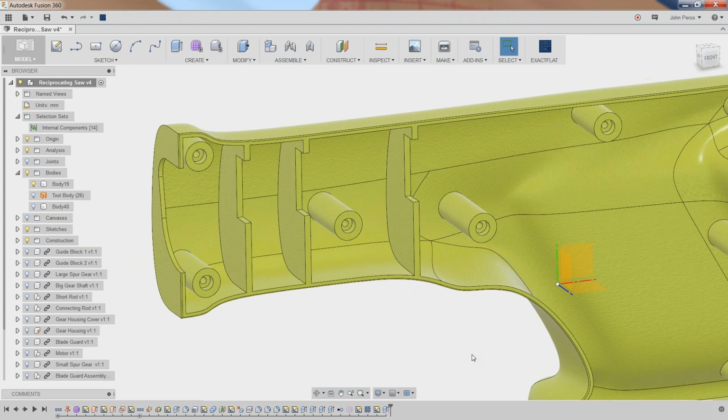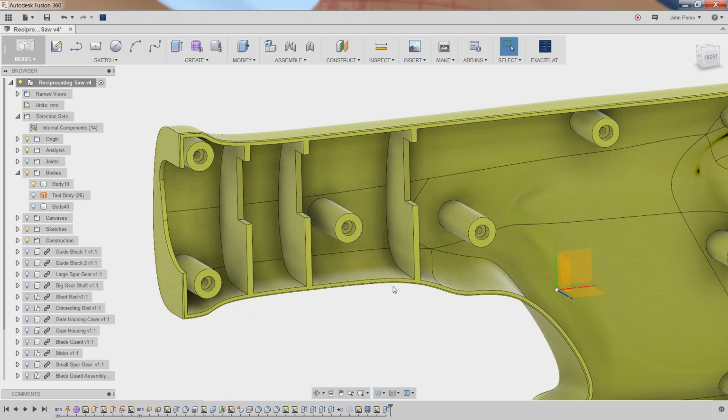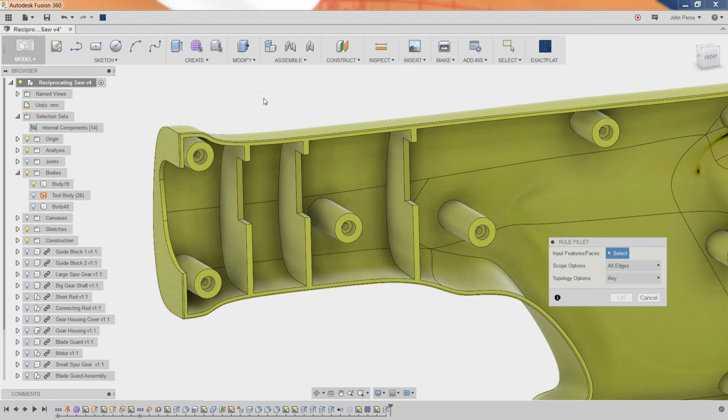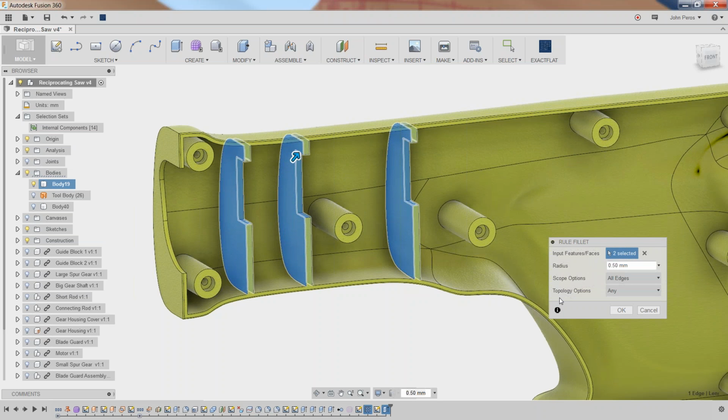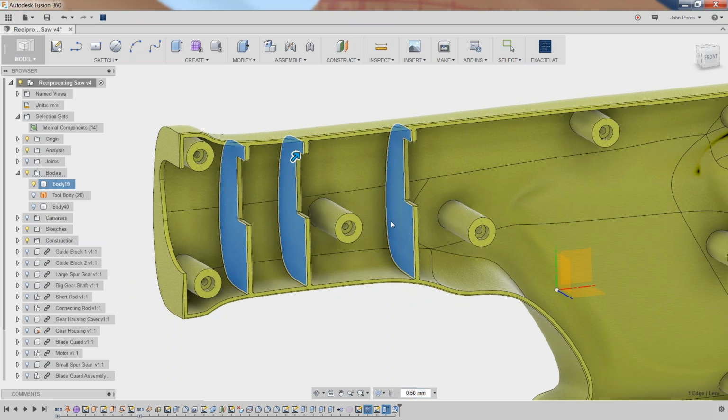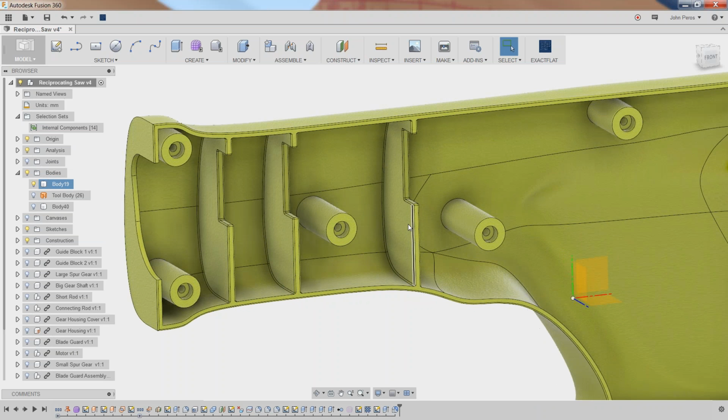And what I'd like to do is come in here and create some sort of fillet feature. And typical fillet features, you're going to want to pick all the edges that are associated with the fillets. We've got a really cool fillet feature in Fusion that instead of asking for edges, it's going to ask you for features, and then it's going to find the corresponding edges of those features. So here I am, I've chosen the two features, and it will go and figure out what edges belong to